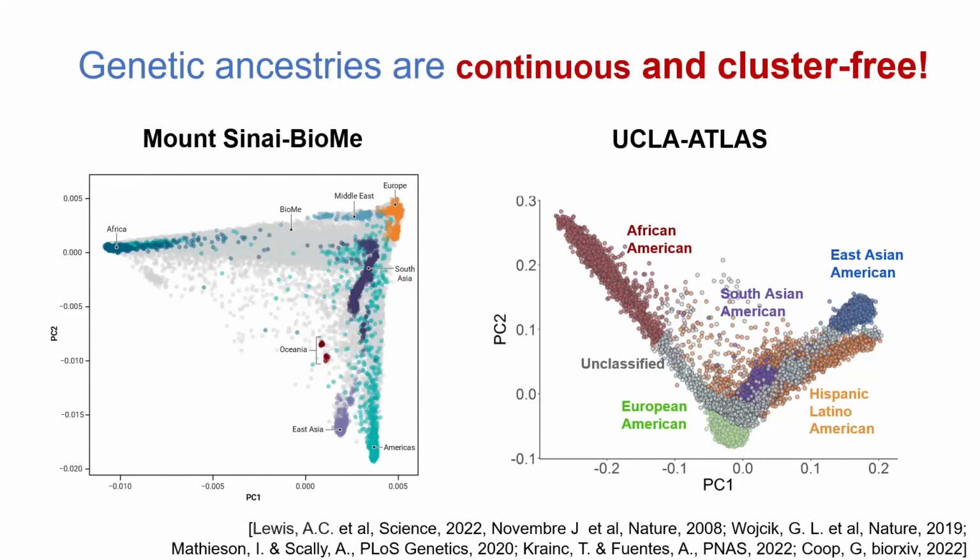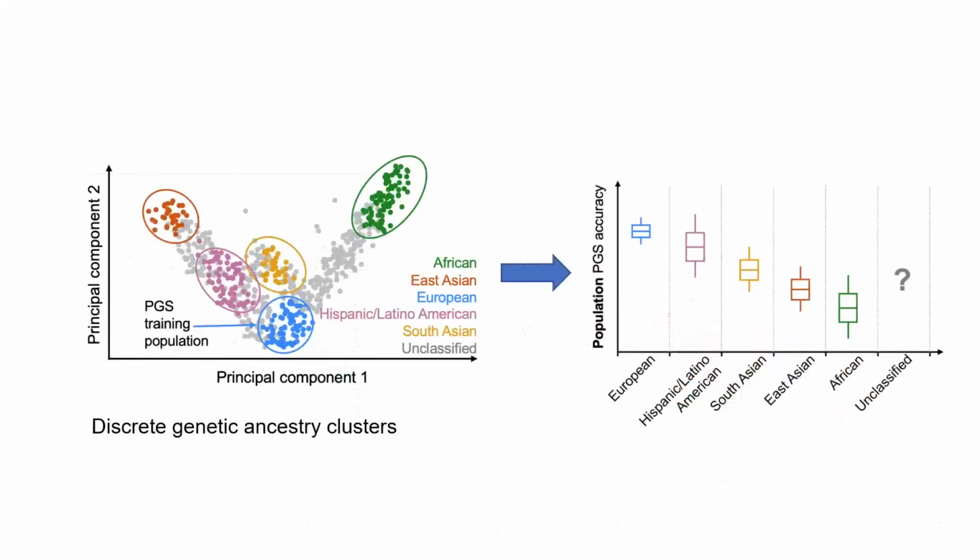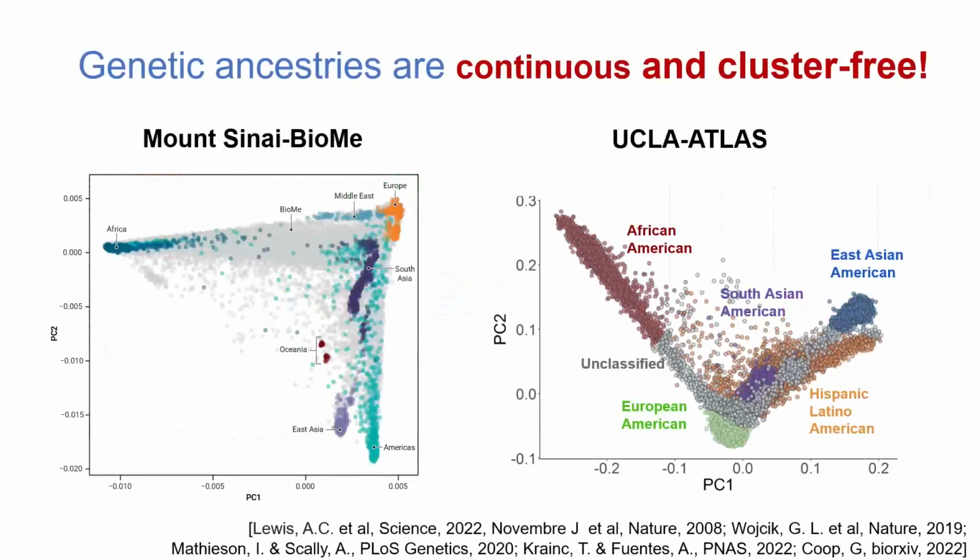The message that is beginning to emerge from all the biobanks: here is the same plot that I showed you before at UCLA, in Los Angeles. This is the plot from a recent paper in Science by Lewis et al., in a more refined color scheme than ours, because it's in Science. They show what happens at BioMe, the biobank at Mount Sinai. And what you take home from this is that the fact that we assign clusters is very suboptimal.